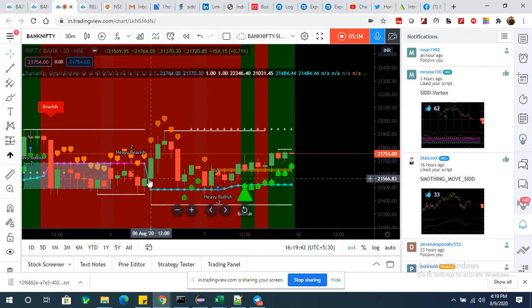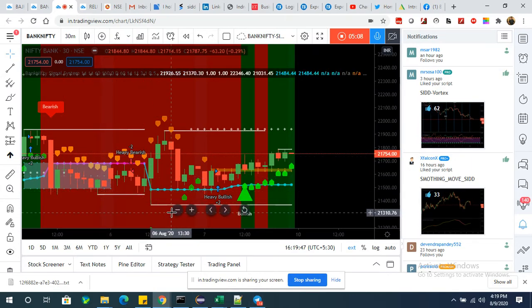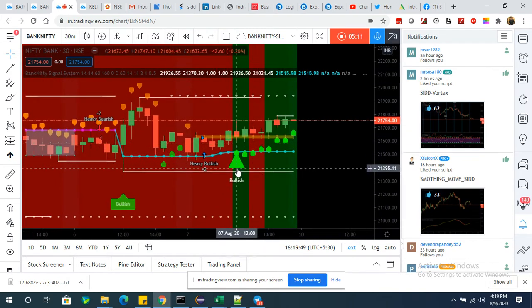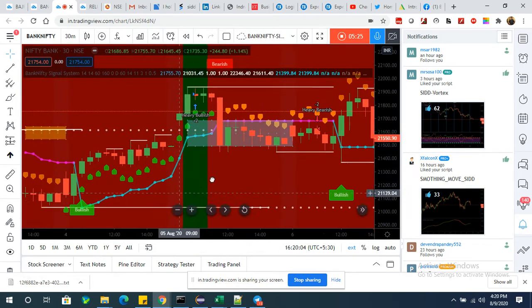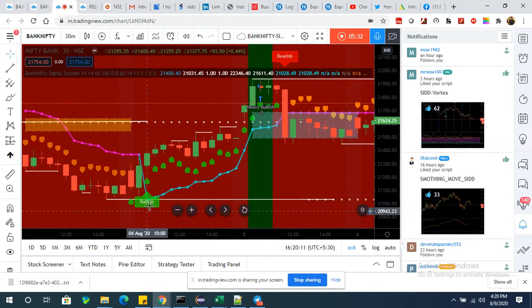Now see another signal, which is exactly the bullish signal, like this one. Whenever a bullish signal comes, you can immediately take the trade, or wait for the candle to close and then take the trade from the second candle. Correct. The bullish signal came here, wait for this candle to close, from the second candle you can take the trade. And until any candle is closed below this line, continue your trade.